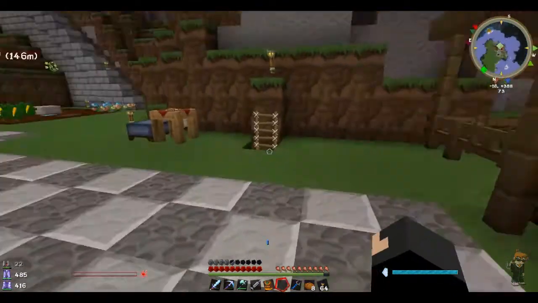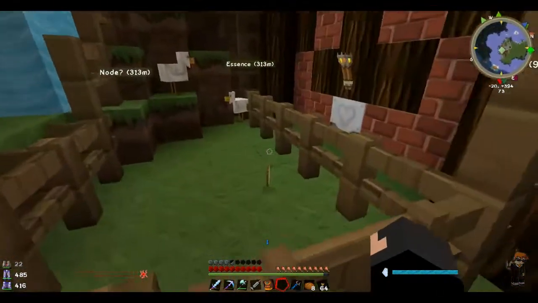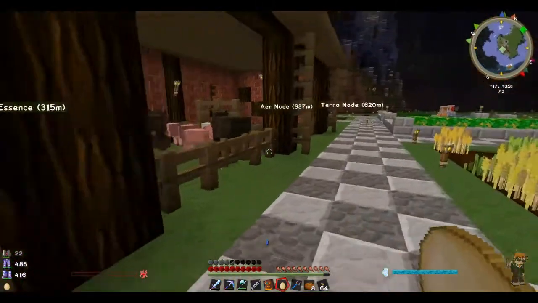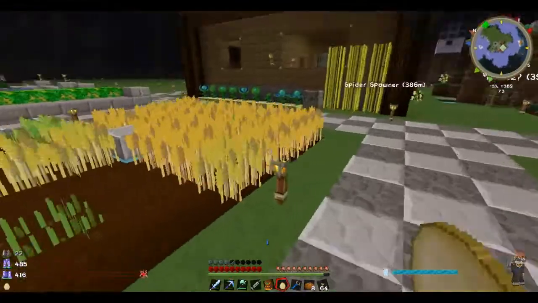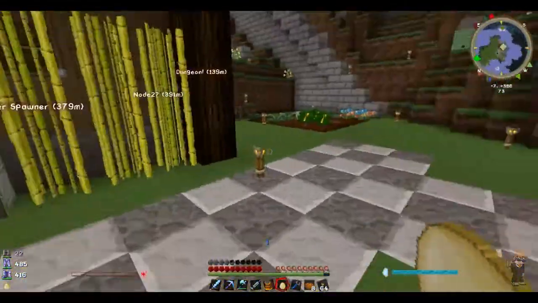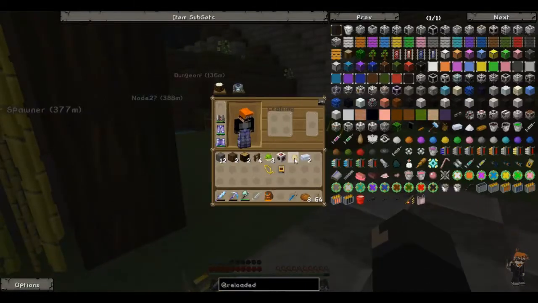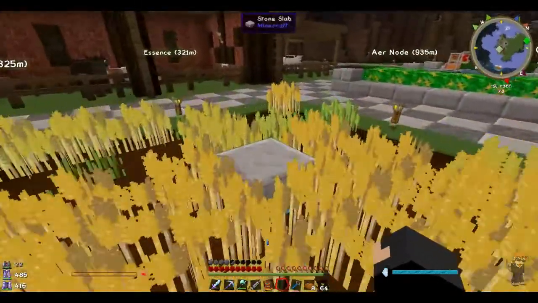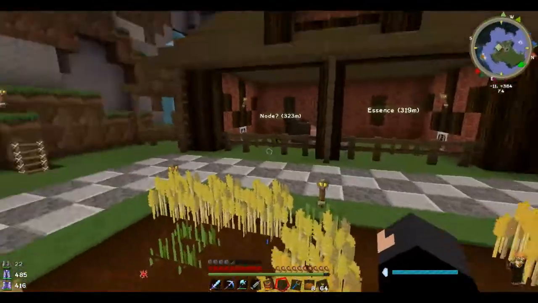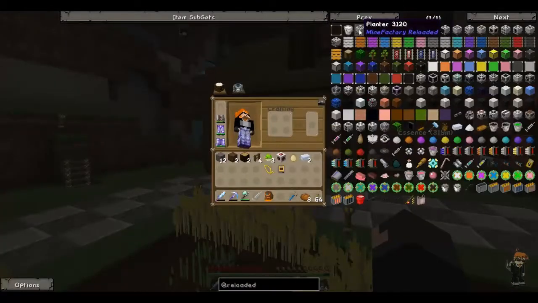So what we need to do is automate carrots, and we need to automate wheat. What I'm going to do is hook this up. Actually, let's do it now. Let's quickly make what we're going to need. So what we're going to do is practically replace this block with another block, kind of similar to that one. It is called...